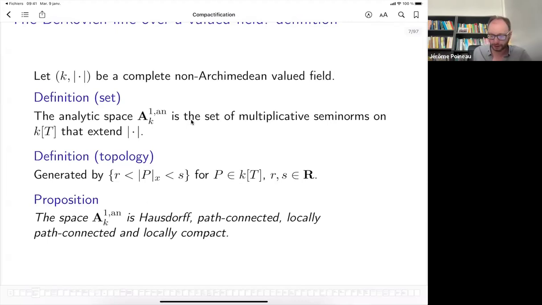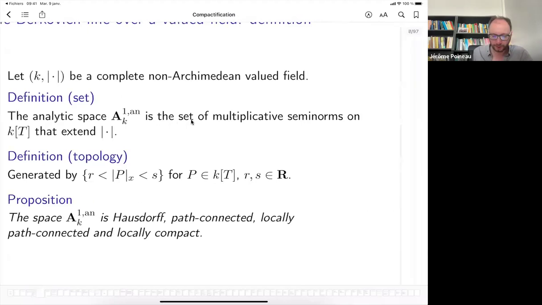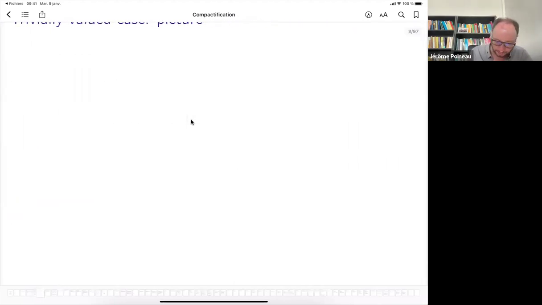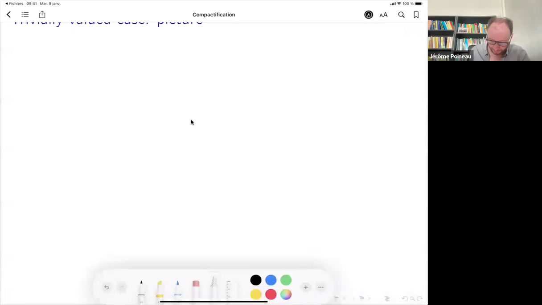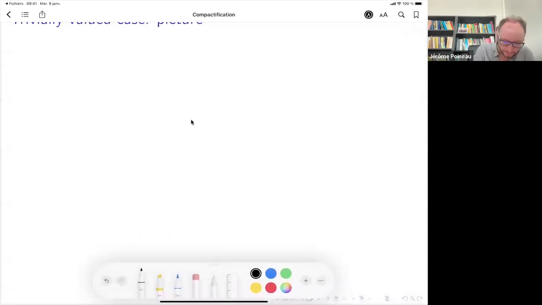Okay, so that's just a definition. What does the picture look like in the trivially valued case? We consider some field K endowed with the trivial absolute value, which I'm going to denote like this.